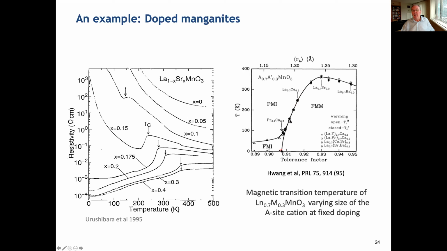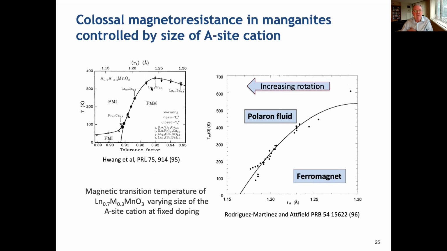And you see that by changing what's called the tolerance factor, which is basically the ionic radius of the A-side cation, I can change the transition temperature by several hundred degrees. There are no obvious chemical changes happening here. This is all structural. This is the same data here, and this was analyzed in detail, actually, by Paul Hatfield